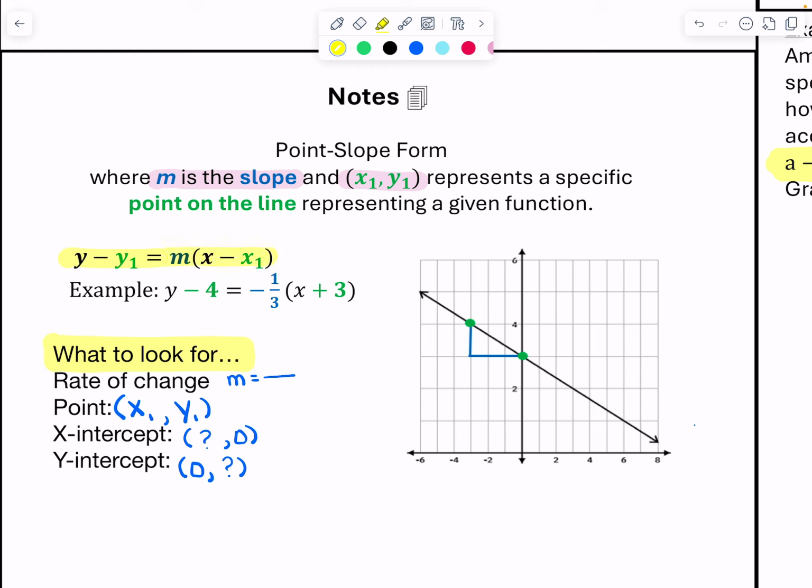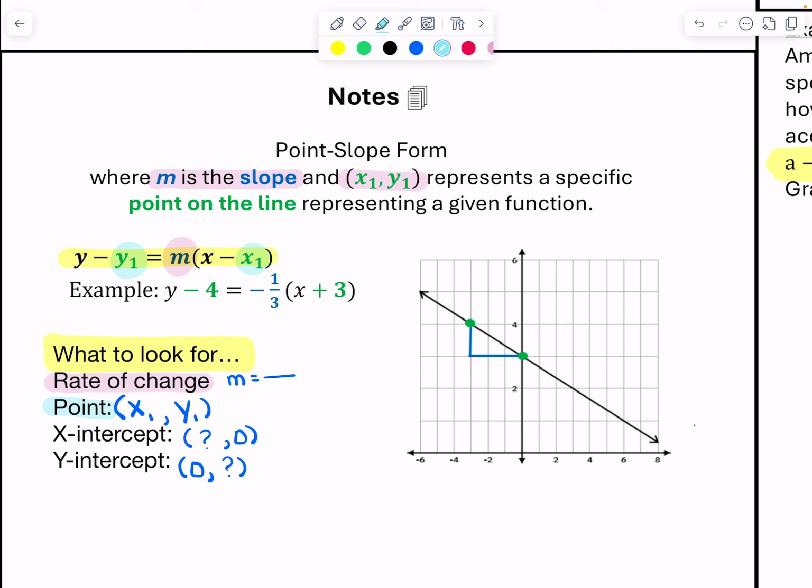whenever we see this formula or this type of setup, we're going to be looking for first the rate of change. The rate of change is the m value. The next thing that we're going to be looking for that it gives us nicely is a point. So it's going to give us x sub 1, and that's part of the point here, and then we're going to have y sub 1, which is the x and the y value for a point